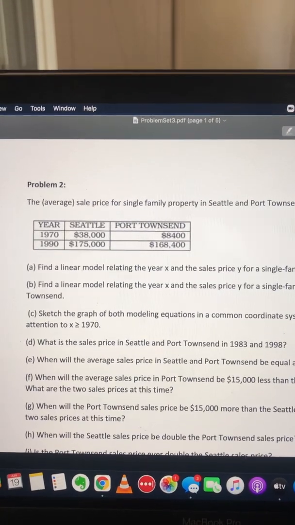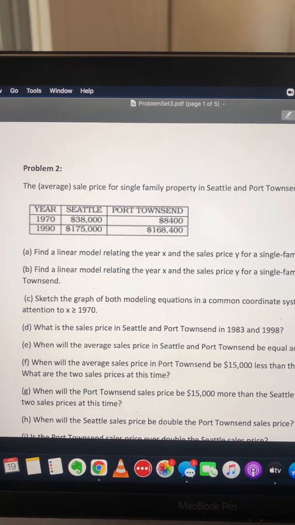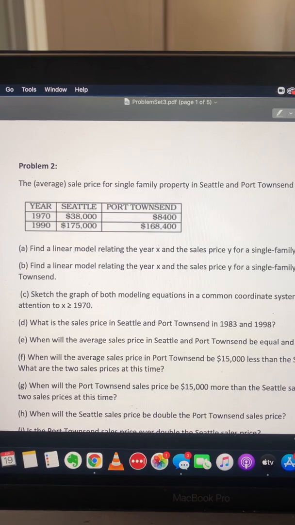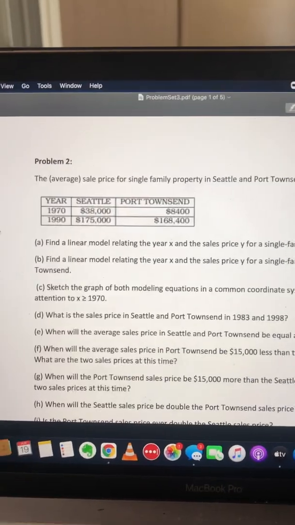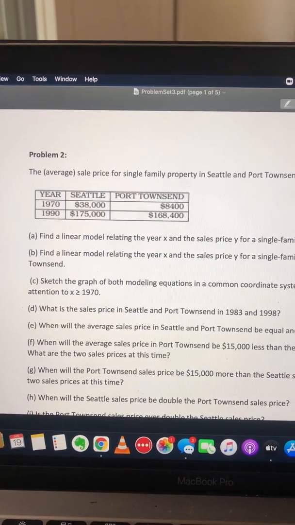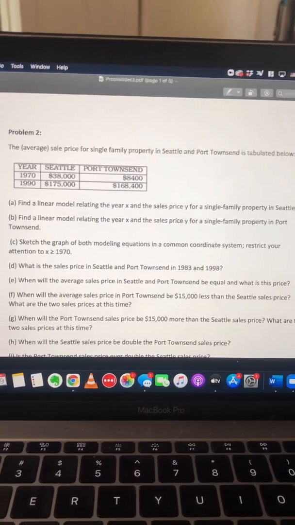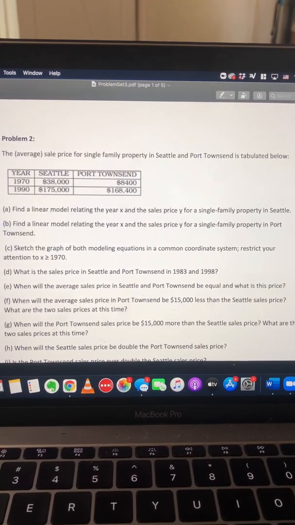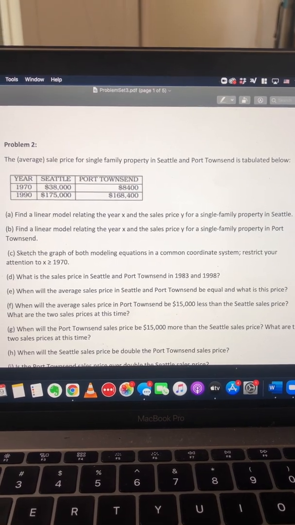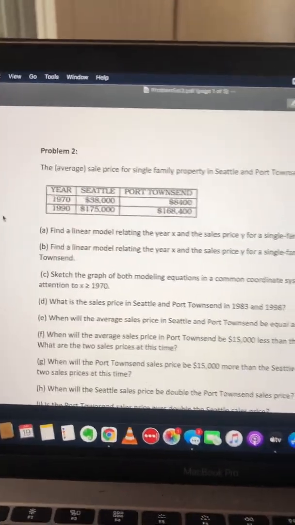Problem 2 talks about average prices of single-family properties in Seattle and Port Townsend between certain years. What the problem wants us to do is find a linear model relating the year x and the sales price y for a single-family property in Seattle, given the values in this table. So I started out by recording